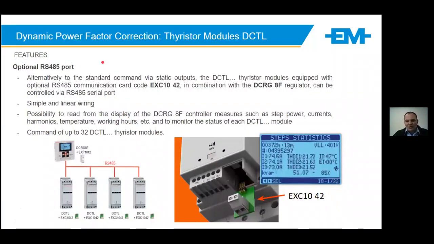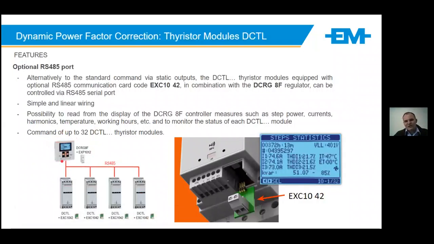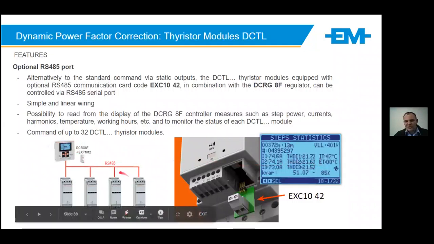When you expand the unit with the RS485 comms to the controller, what that allows is, historically, a lot of thyristors, and most, don't have this sort of feature. So you would not have any data coming from each bank. With the expansion of the 485, statistical data from the inside of that thyristor is now presented to your controller. And that can be presented further to the SCADA system or the measurement system. All right. Very valuable data for the customers that are really interested in what's happening at each bank level.